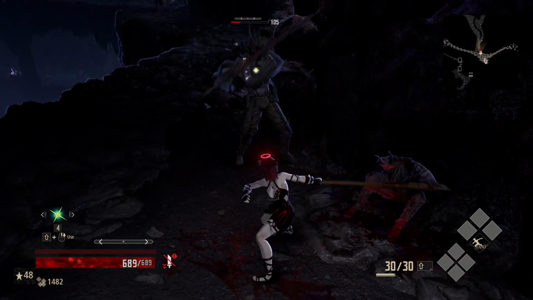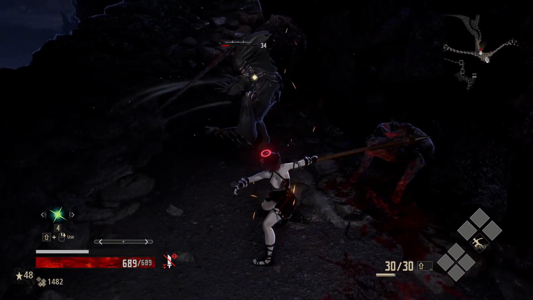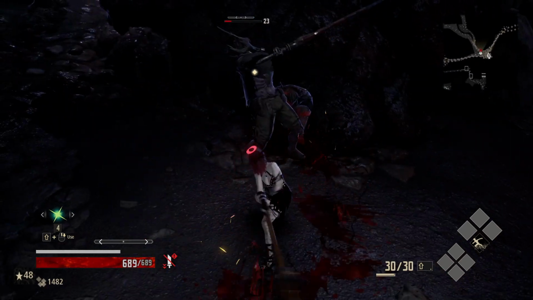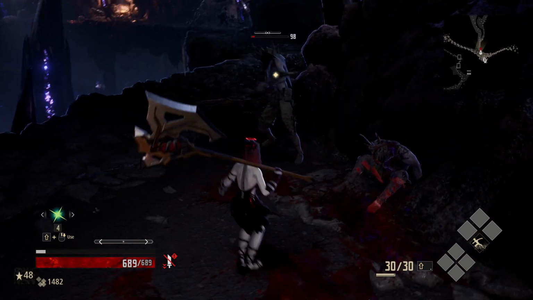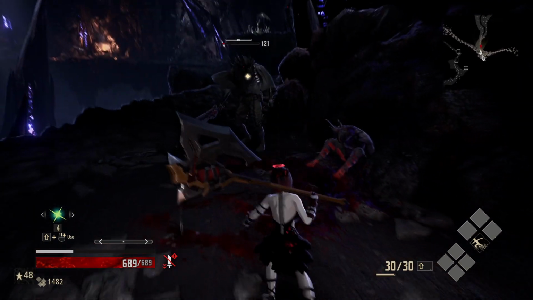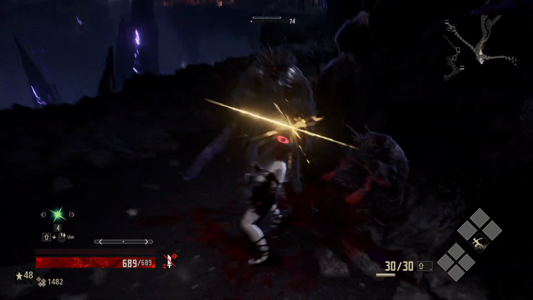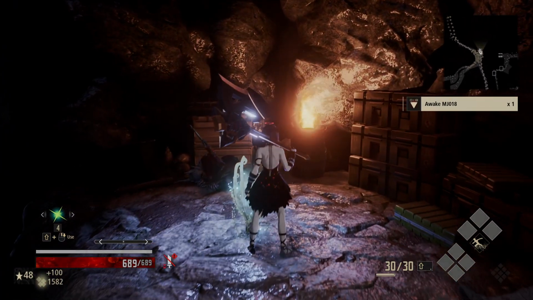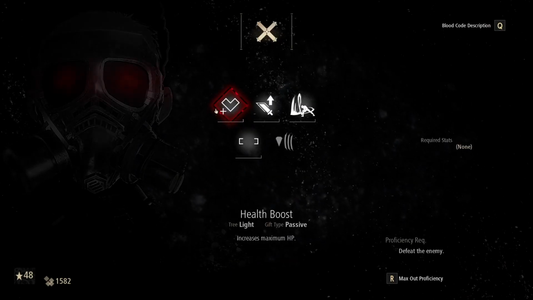Okay, that's a good attack. Good, 34 damage. That's pretty good so far. Actually, okay. Okay, almost dead. Look at that, guys. He's almost dead. Alright, and a little bit more, and oh my goodness, we are exceptionally lucky. Okay, so if we go ahead and acquire a gift,